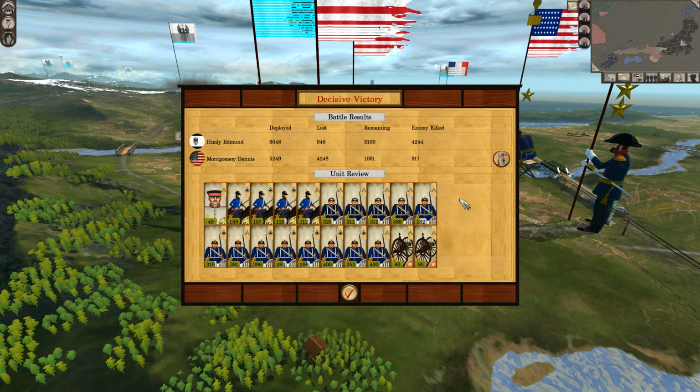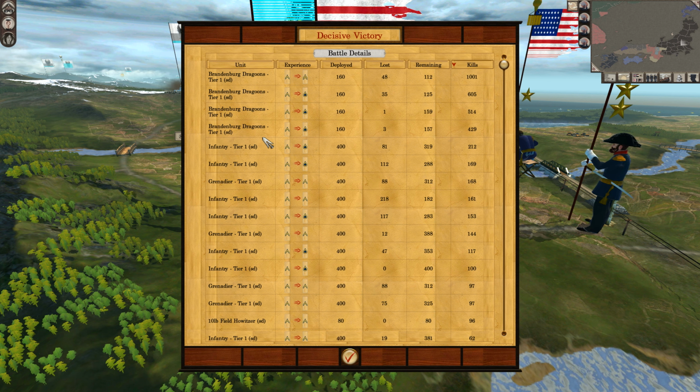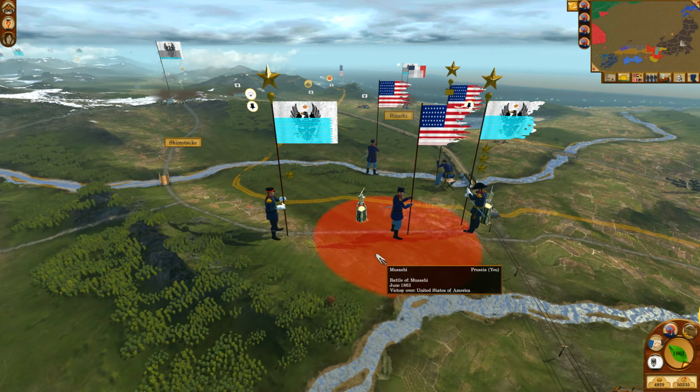Similar deal for the Americans, where they lose about, what is it, that's 80% of their force, with only 1,000 men left. This time around we lose a lot less of ours, not the previous, like 50%. Now we're down to about 15% loss or something like that. Highest kills goes to Dragoons. No surprise there, they were able to chase down a lot of enemies, and with the fact that they're able to fire further away than most musket units,